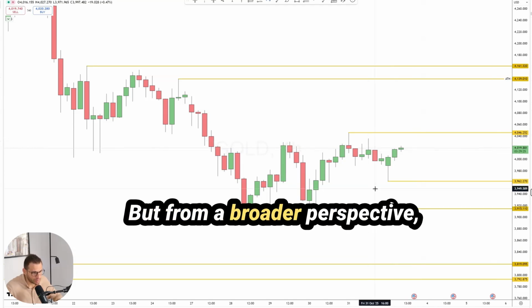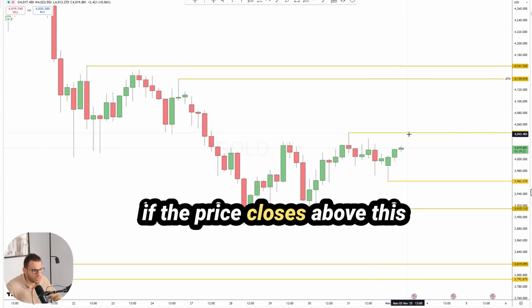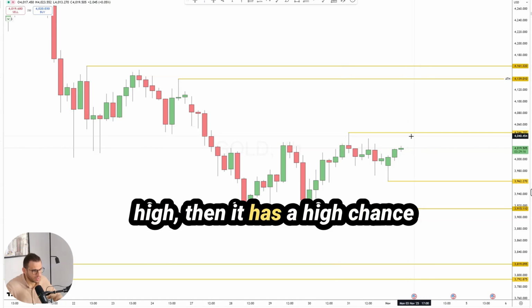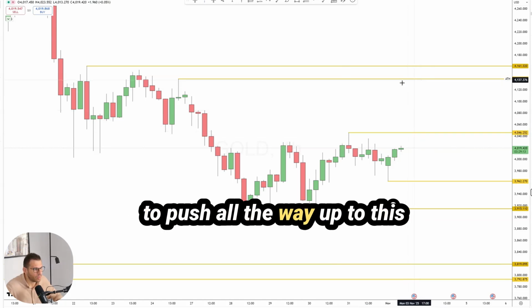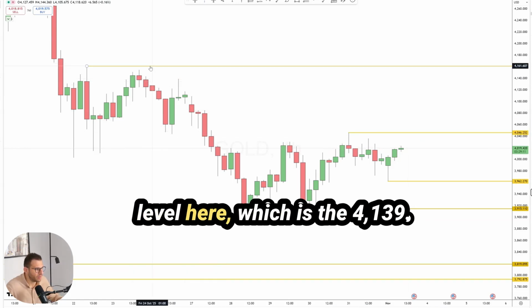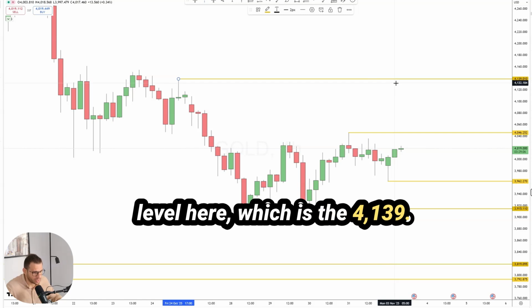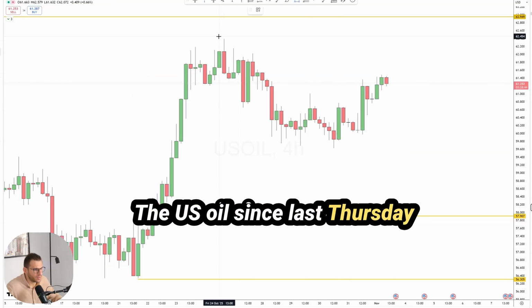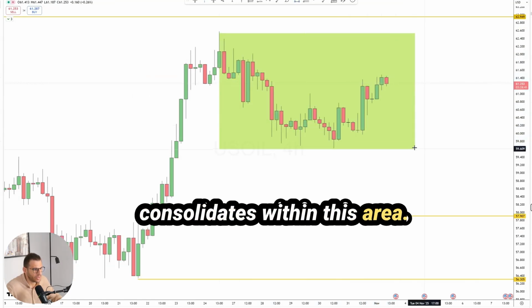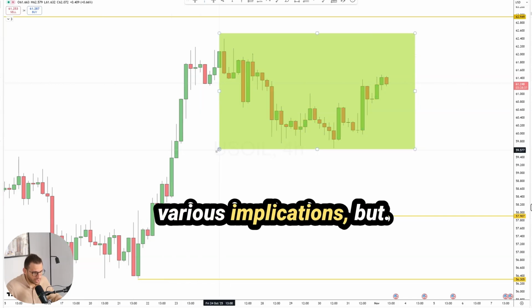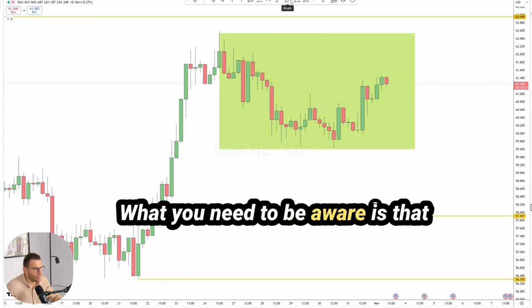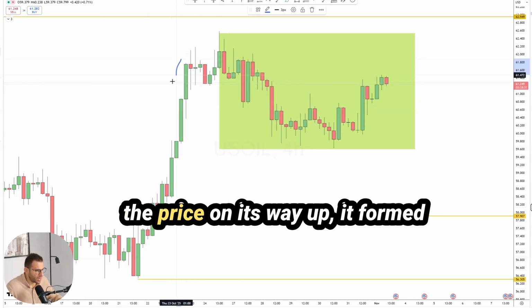But from a broader perspective, if the price closes above this high, then it has a high chance to push all the way up to this level here, which is the 4,139. The US oil since last Thursday consolidates within this area. It has more bullish than bearish implications, but what you need to be aware is that the price on its